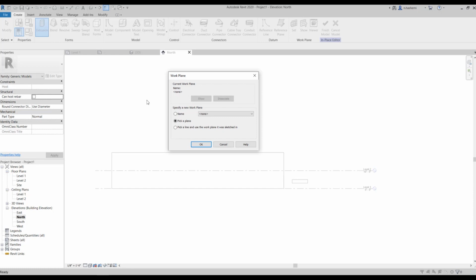Okay, now you see Revit is asking me to specify a work plane or reference plane. Because I am not in a plan view, it asks me to actually specify one. And so I have 3 options here. And the first one is to choose this name one. It allows me to just select one of the existing work planes from this menu, okay? And as you can see, they have specific names. It's important to notice a reference plane should have a name in order to appear in this list, okay?